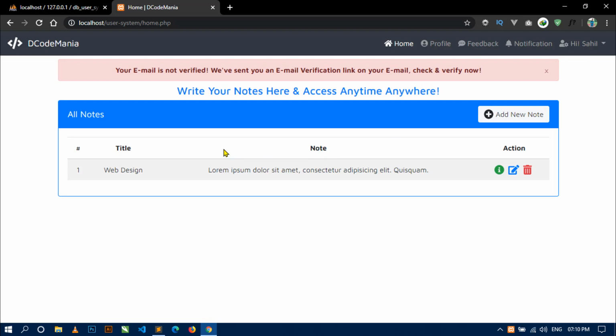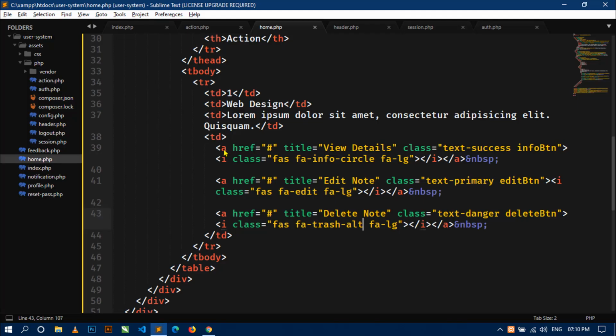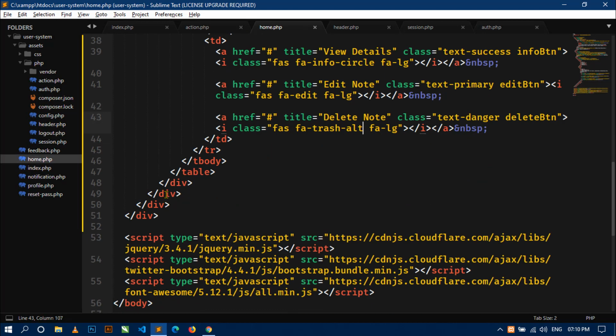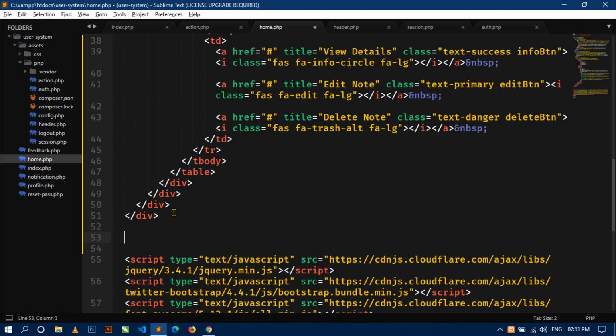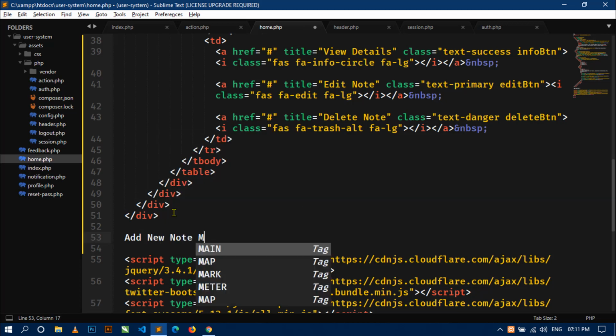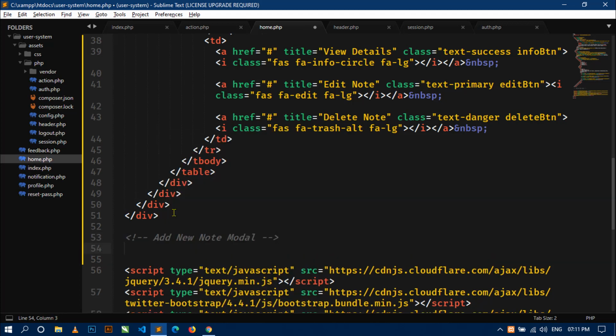Okay, so let's design the modal. So here I will create the modal. So here I will write some comment, add new note modal, just comment this, and